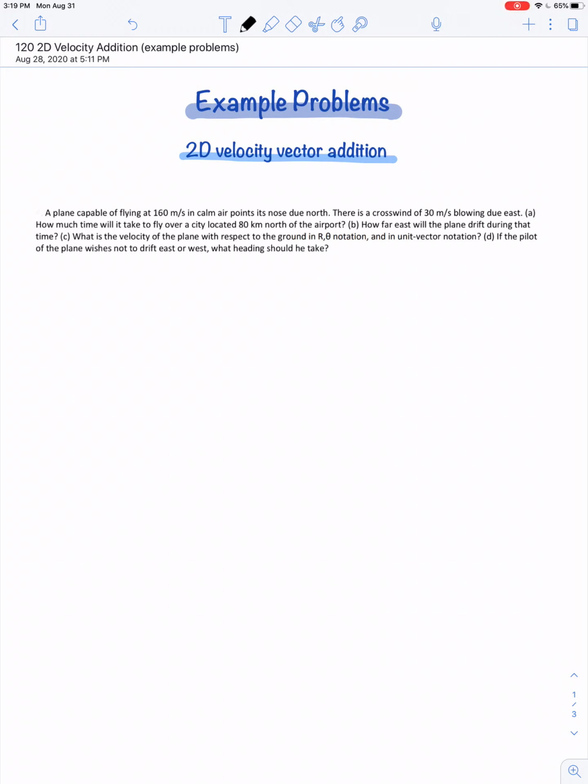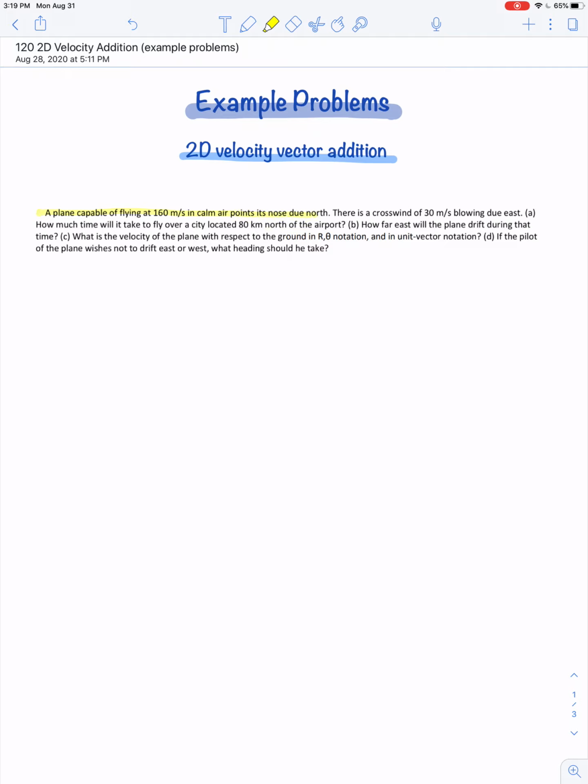Okay, we'll conclude this unit of study with two final example problems on the addition of velocity vectors in two dimensions. Whenever performing problems of this nature, it always references two different frames of reference for viewing a moving object. So the first example describes a plane that's capable of flying at 160 meters per second in calm air,